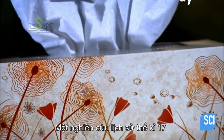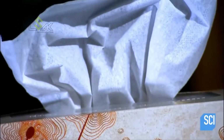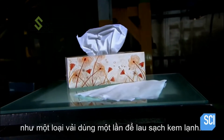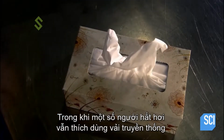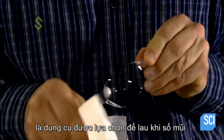A 19th-century historical account describes Japanese blowing their noses in small soft papers, then throwing them on the ground. Modern-day tissues were first marketed in the early 1920s as a disposable cloth for wiping off cold cream. While some sneezers still prefer traditional cloth handkerchiefs, the disposable paper tissue is the ultimate choice